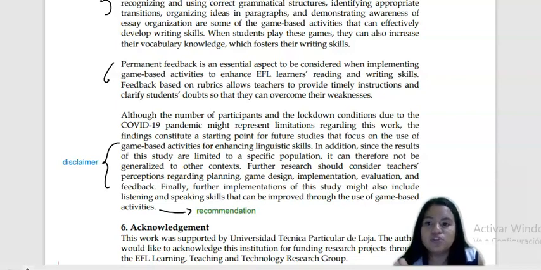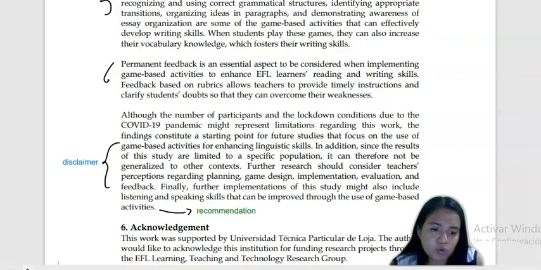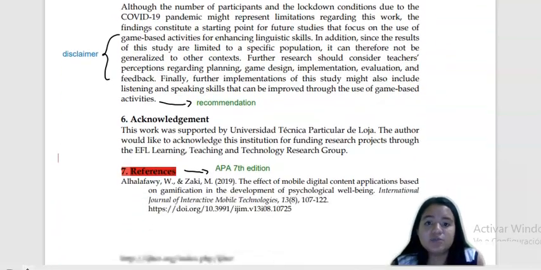These results are limited because of their population. She didn't really mention differences in backgrounds or cultures or other points of certain things. So future research should consider the teachers' perceptions